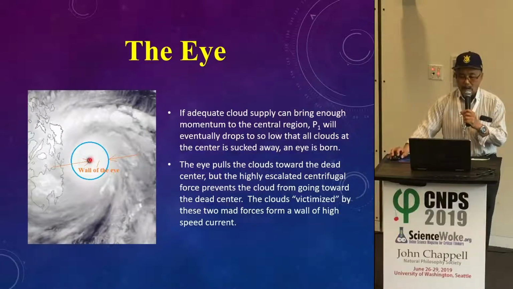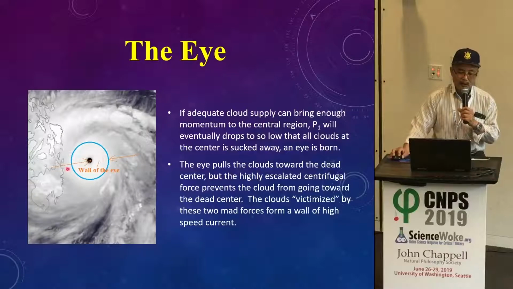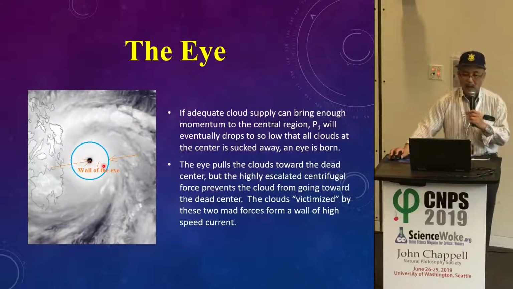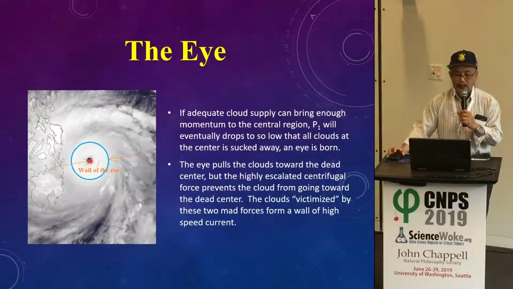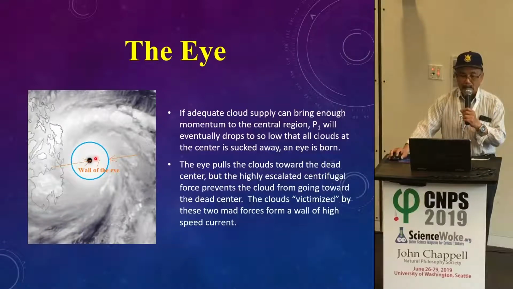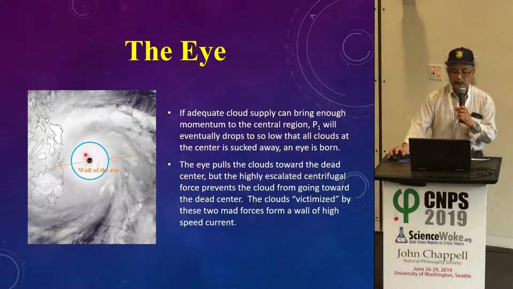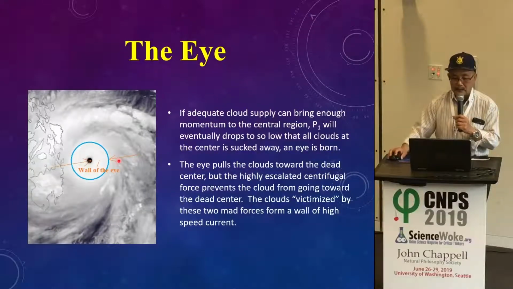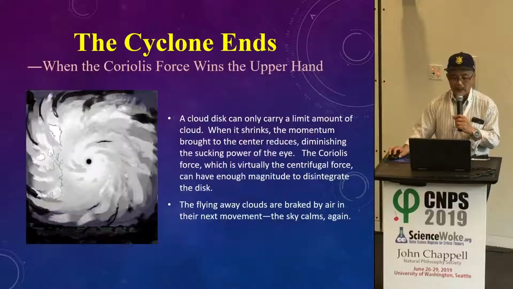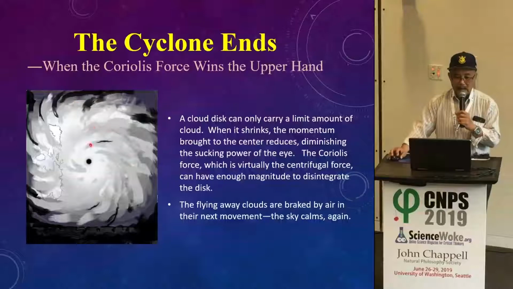So between the eye and this outer edge, we eventually have a wall around the eye. In this wall, two forces are fighting, competing fiercely. One is the sucking power force, another one is the centrifugal force of the circular movement. Now, what I'm trying to say is here, because of the strong sucking